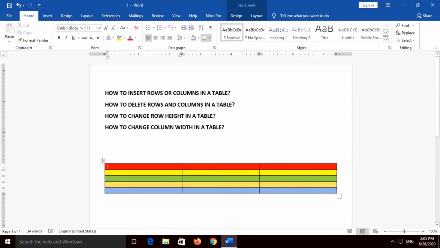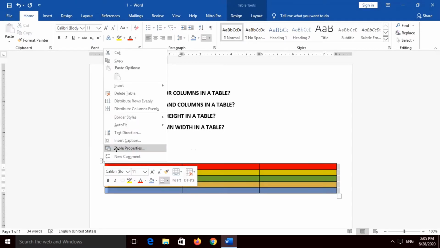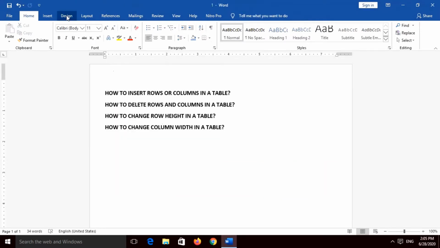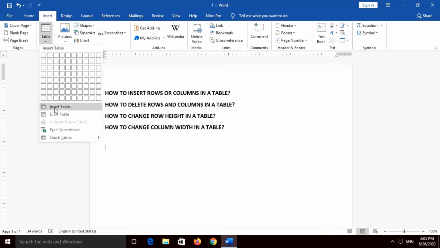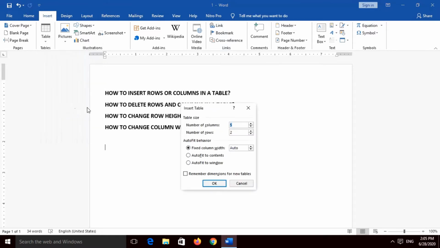Now as I taught you in my last class, how to create a table. Now we will see that. Suppose I want to create a table of 4 rows and 4 columns. So what I need to do, I will go to the insert menu. In the insert menu's ribbon there will be an option called table. We will click on the table option, then go down to the insert table option. As I said, let us say it will be 4 columns and 5 rows. So I will put the number of columns and number of rows and I will click on OK.